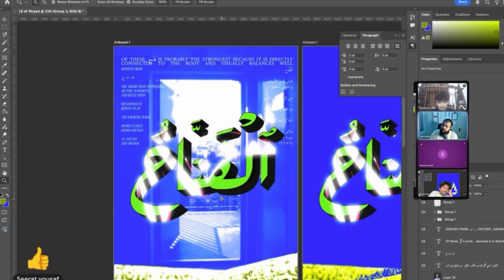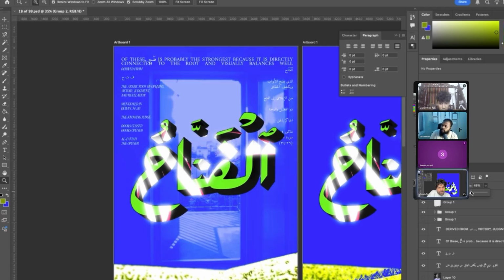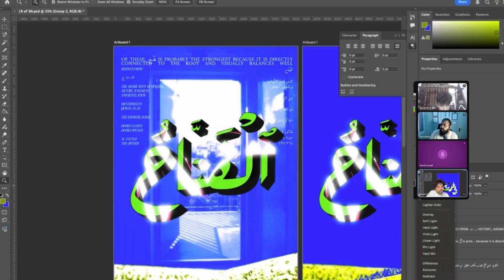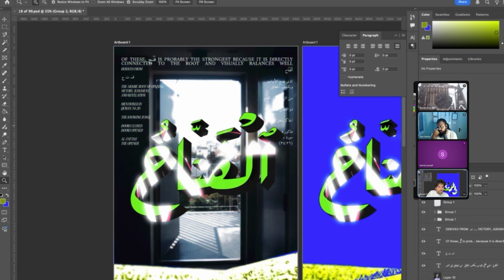Maybe lessen the opacity a little. Of the door image? The door. Yeah, the door image. But then it takes away the charm of it, right? Yes. So I don't know, I feel like I'm going to stick to the normal one to see. Like I like this. I'm going to bring my